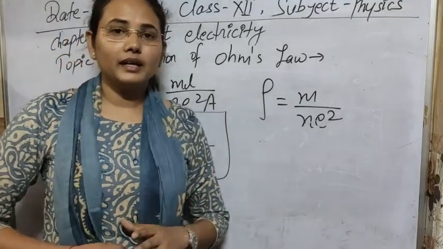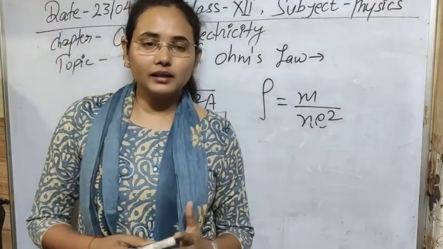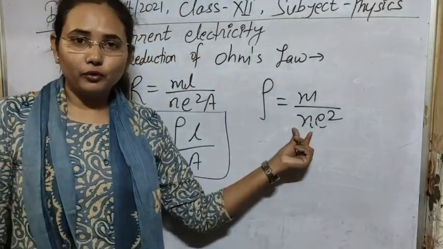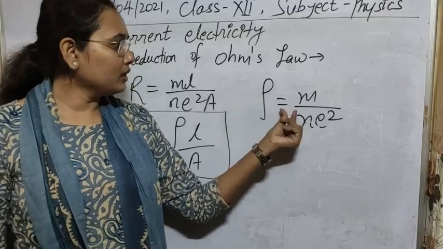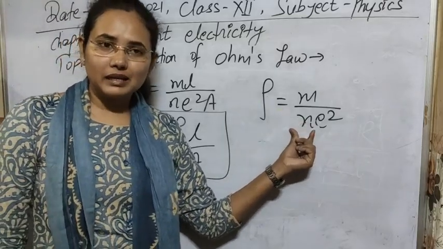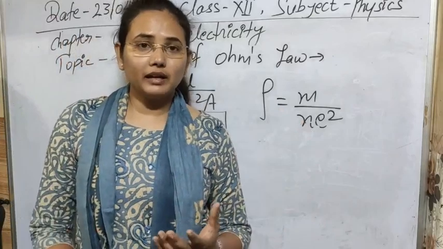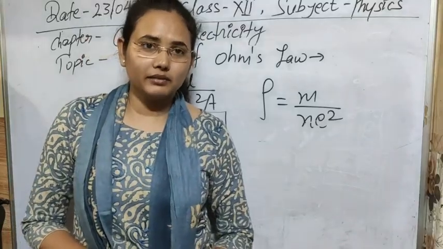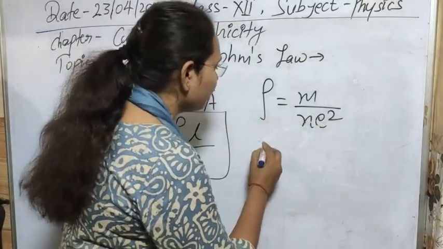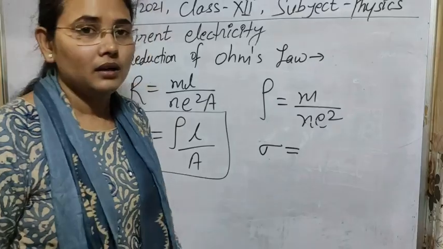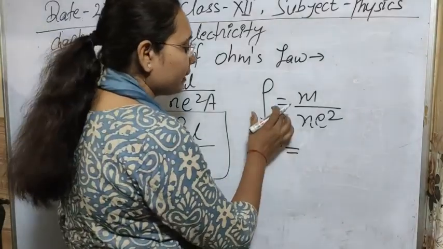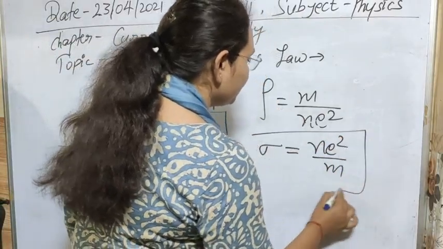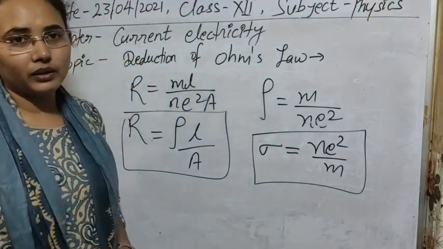So you know that already in the case of a conductor, the resistivity of any material is very small. So you can also prove it from this factor. From here, rho is inversely proportional to n, meaning the greater the number density, the greater the number of electrons per unit volume, the less its resistivity and the greater its conductivity. So from this factor we can also calculate the conductivity of the metal. The conductivity of the material is given by 1 by rho. From here we can write ne square upon m. So this is the conductivity of the material that you can also calculate.